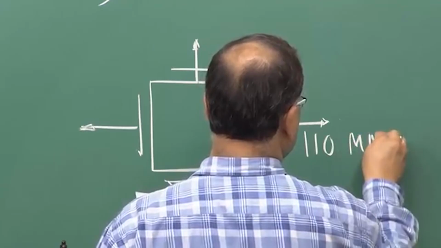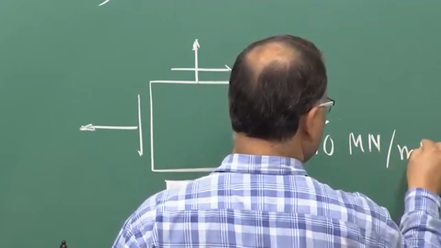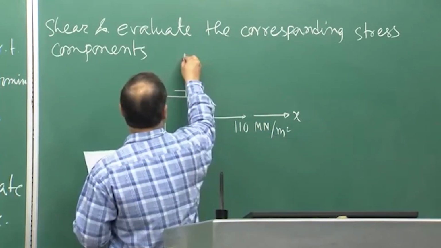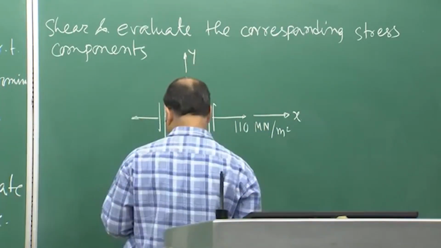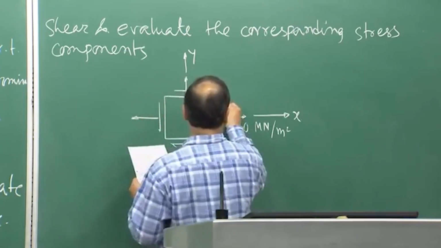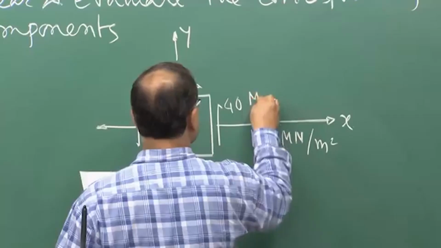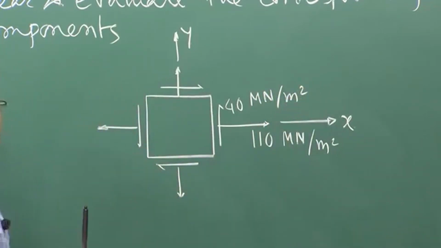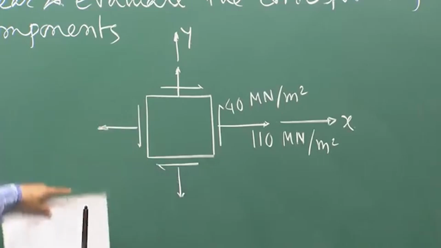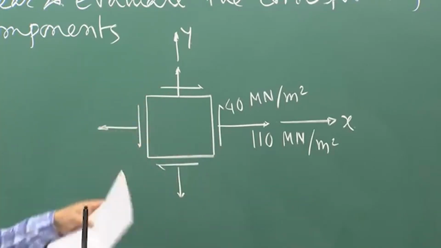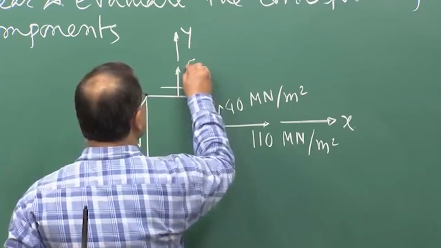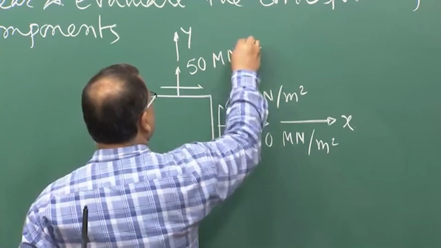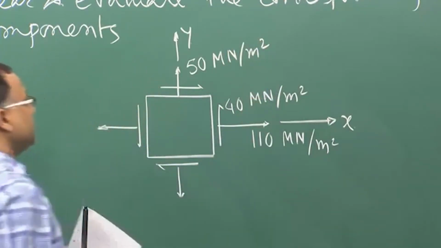110 meganewton per meter square, and this is your x axis, this is your y axis. Your shear stress is 40 meganewton per meter square, and tau xy is equal to tau yx. So therefore, I am not showing it everywhere, 40 meganewton per meter square, that is quite understood, and sigma y is 50 meganewton per meter square,